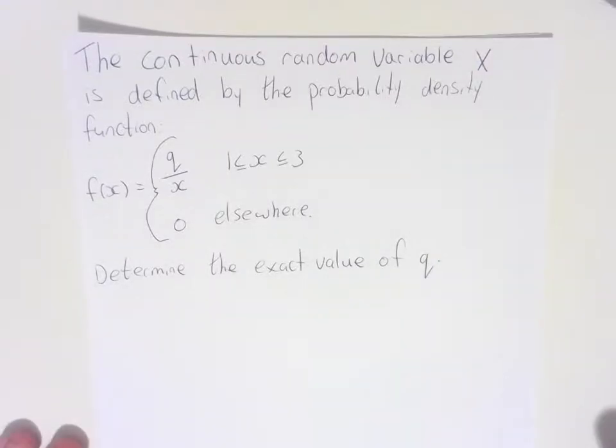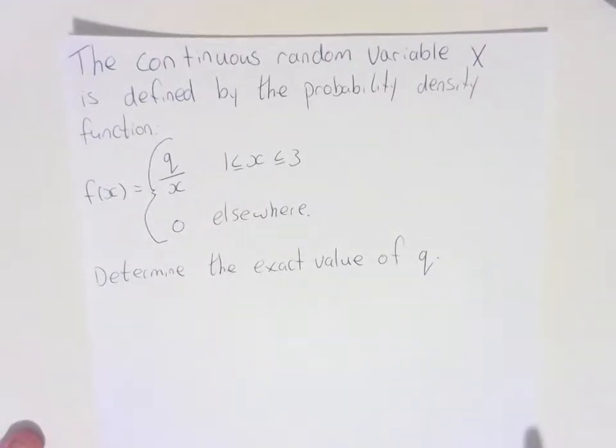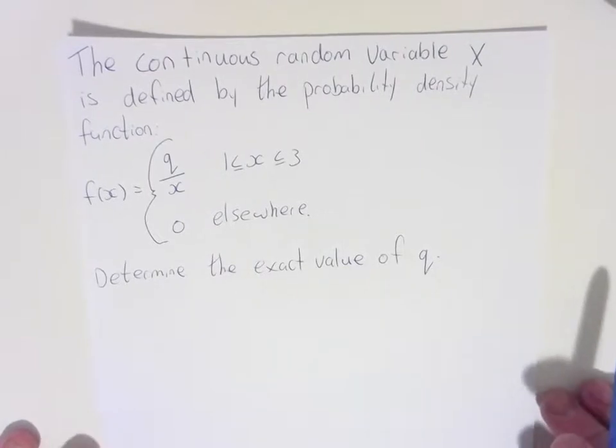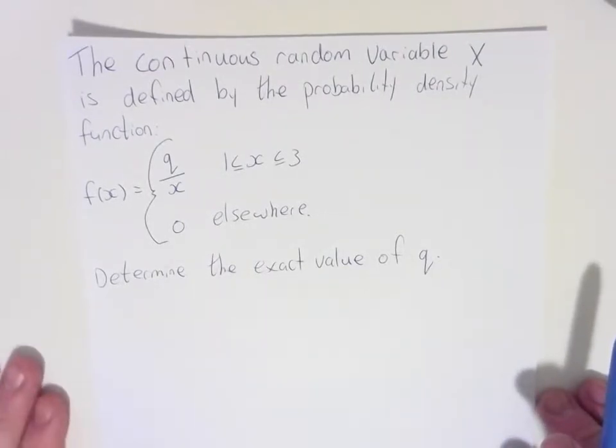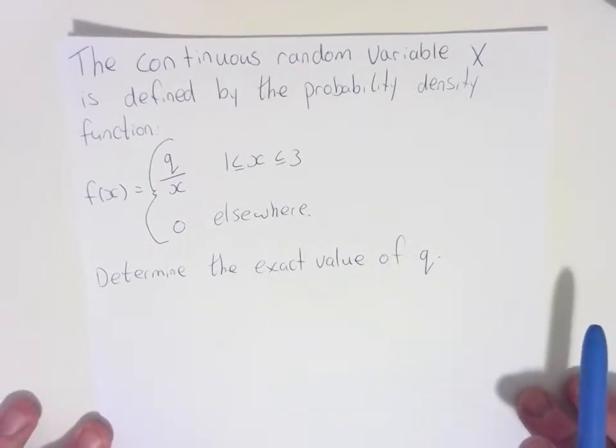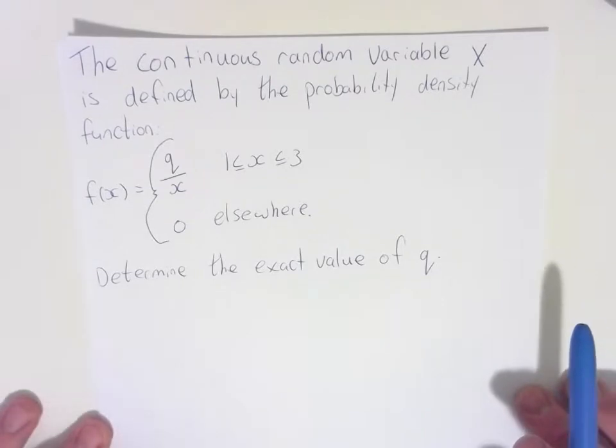Alright, just going to have a look at some non-calc exam questions for Unit 3 and 4 Year 12 Methods course. So the first question I'm going to look at is: the continuous random variable x is defined by the probability